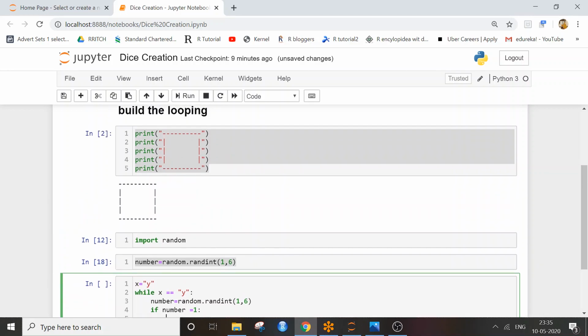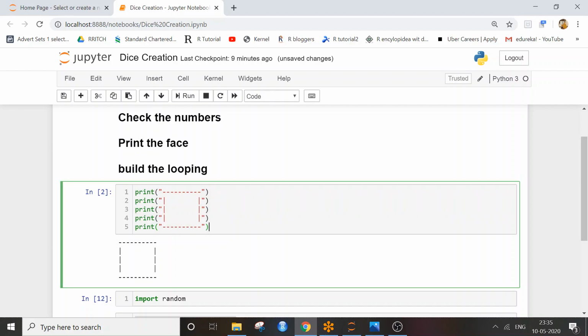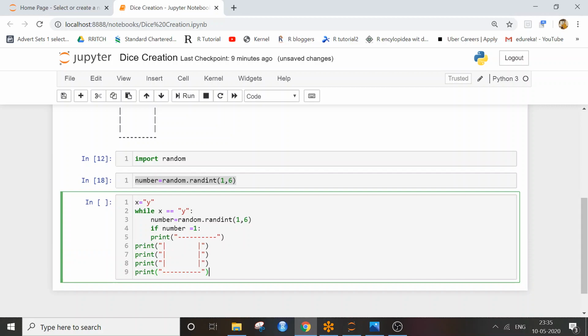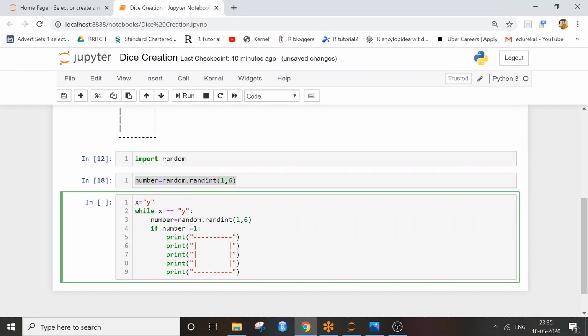So I'll copy this design and I'll print it here, with correct indentation, which is this. So it should be 1. So I'll add a marker 1 in the middle, which is this. This is how it looks.